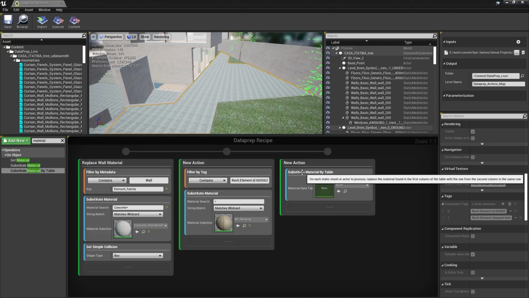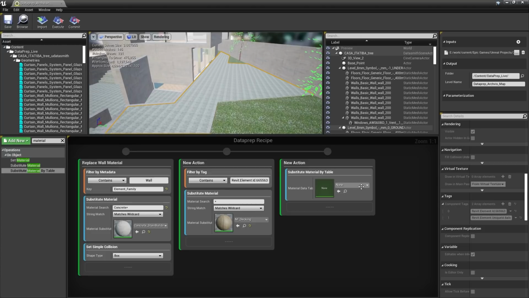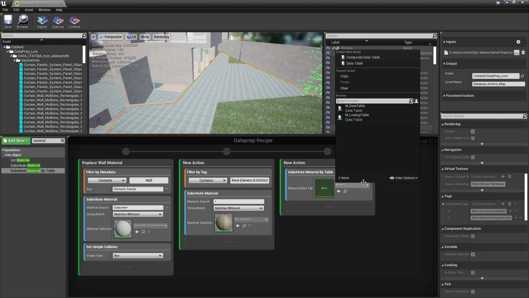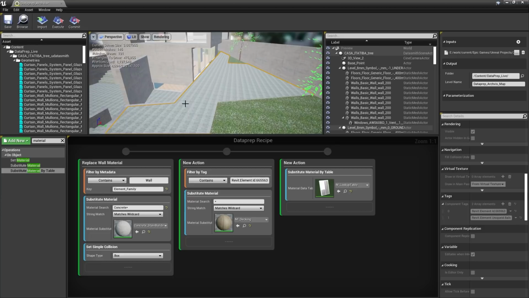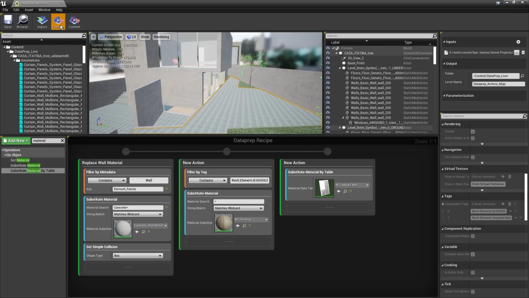So you notice I didn't use a filter here, and that's because we don't need to. Whenever you want all of the objects in the scene to be affected by a node, you don't have to use a filter selection. So this means that everything from the root node all the way down will have this node applied to it. All right, so all we need to do now is specify our lookup table. Let's go ahead and execute this and see the result.